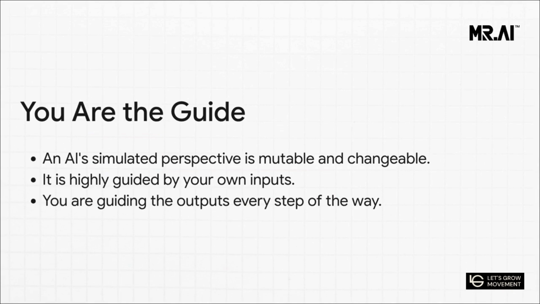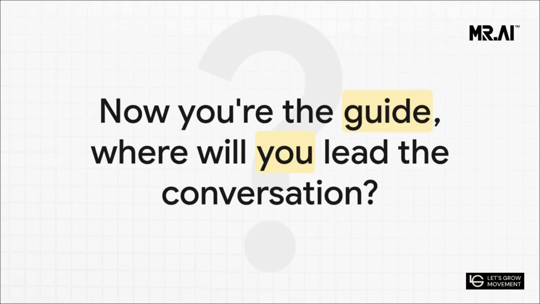So this brings us to the biggest takeaway of all. The AI's personality or opinion isn't set in stone. It's totally flexible and it's almost entirely shaped by your prompts. Conversational branching is the perfect feature to remind us of this simple truth. You are in control. You are the one guiding the conversation at every single turn. So that leaves us with one last thought. When you make that mental shift from consulting an oracle to directing a tool, you unlock a whole new dimension of creativity and control. This isn't just about getting better answers. It's about learning to ask bigger, better, more expansive questions. So now that you're the guide, where are you going to